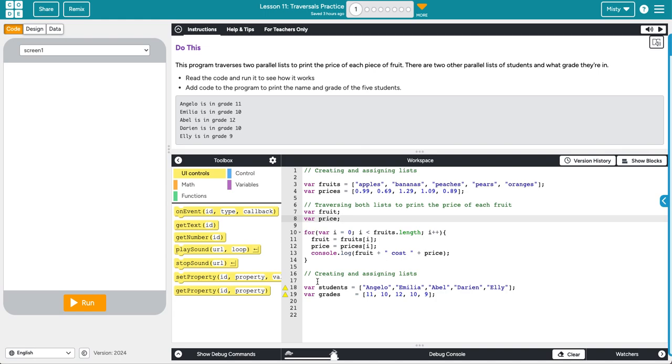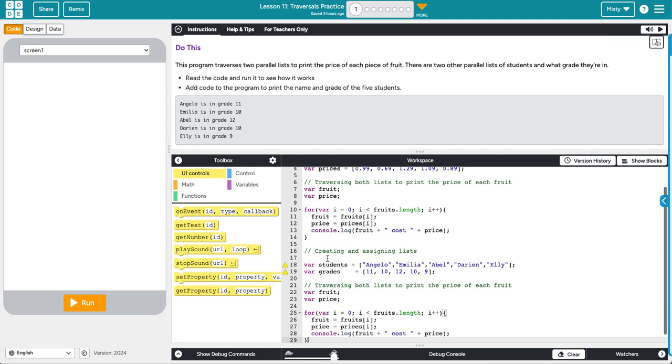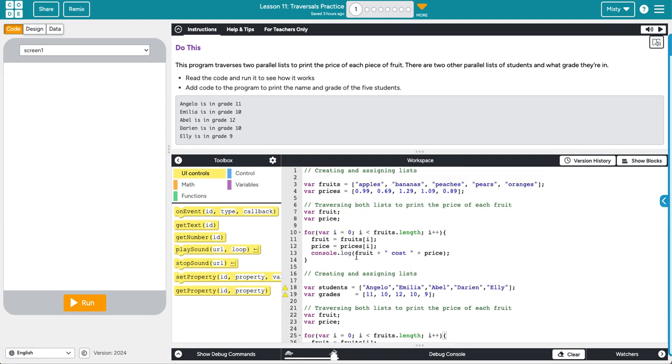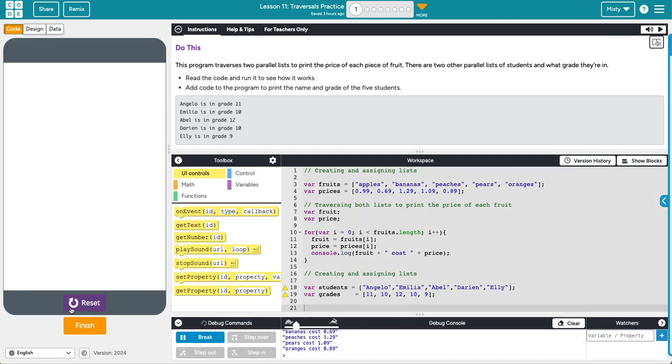Now, creating and assigning lists. Students is defined, but it's not called in your program. Grades is defined, but it's not called in your program. So I'm going to copy this, because let's run it first. I'm going to slow it down. We know, allegedly, that this works because all we're doing is running this code. So if it works, why would we not